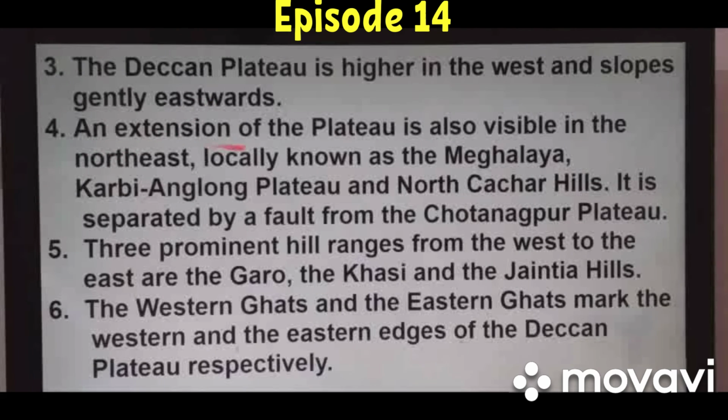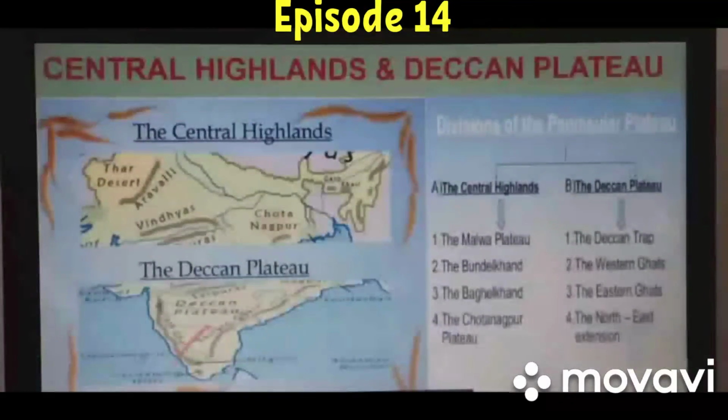Next, an extension of the plateau is also visible in the northeast, locally known as the Meghalaya, Karbi Anglong Plateau and North Kachar Hills. You can see this here on the map. This is the northeastern extension. This plateau region is locally known as the Meghalaya Plateau, or the Kachar Hills, or the Karbi Anglong Plateau. This is the north